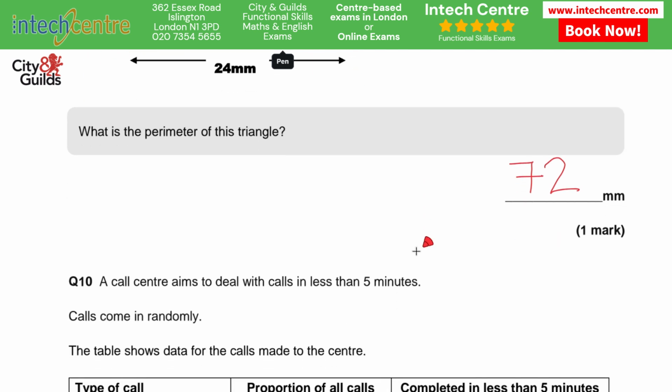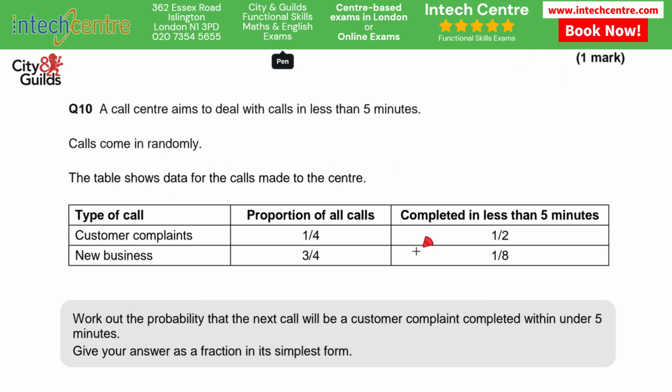Question 10 is regarding a call center aiming to deal with calls in less than 5 minutes. Calls come in randomly and the table shows data for the calls made to the center. We have the type of call, which could either be customer complaints or new business calls. We have the proportion of all calls and calls completed in less than 5 minutes. We're asked to work out the probability that the next call will be a customer complaint completed within under 5